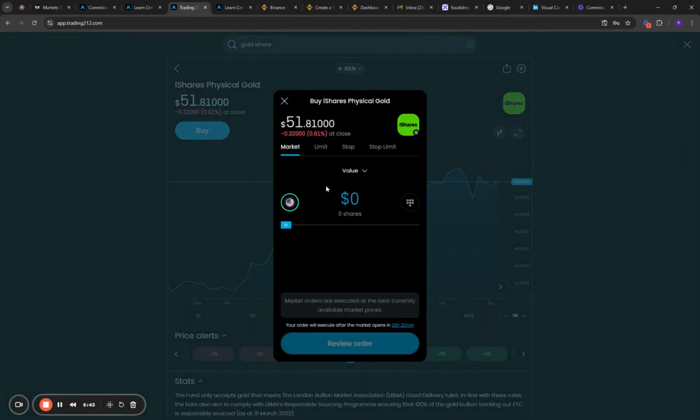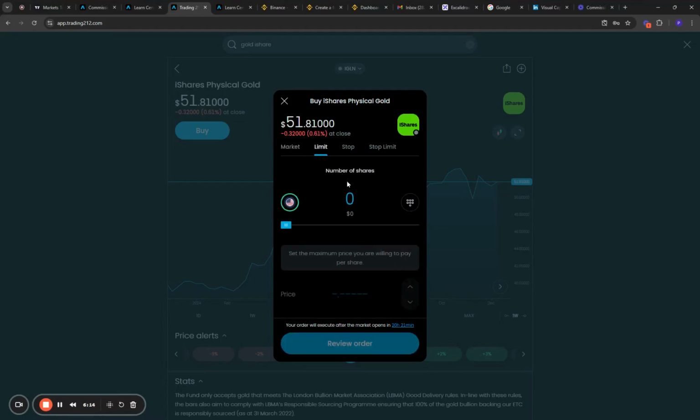So whatever you want to buy, Trading212 has its own way of doing it. You can decide how much you want to buy. If it's just $10, your share will be this one. The share amount right now is 51, so if you just say 51, you will have one share. This is when you buy with the market price. So assume right now the market price is this one.